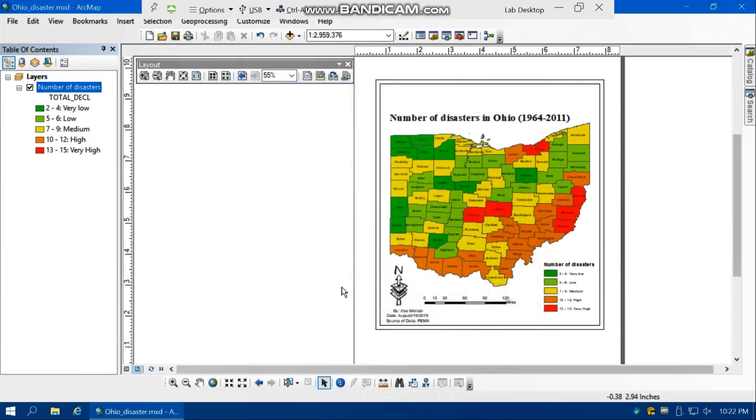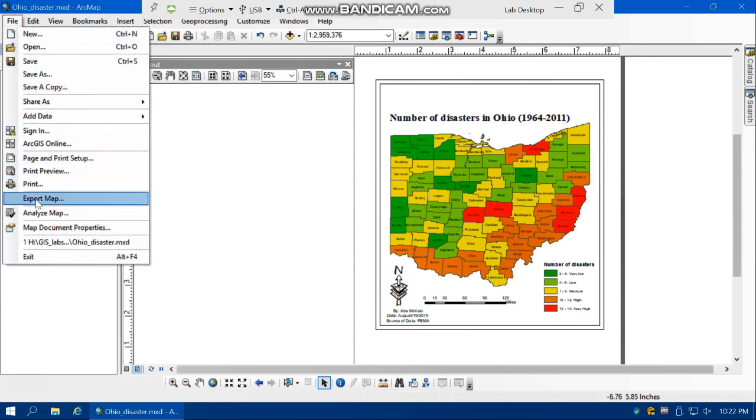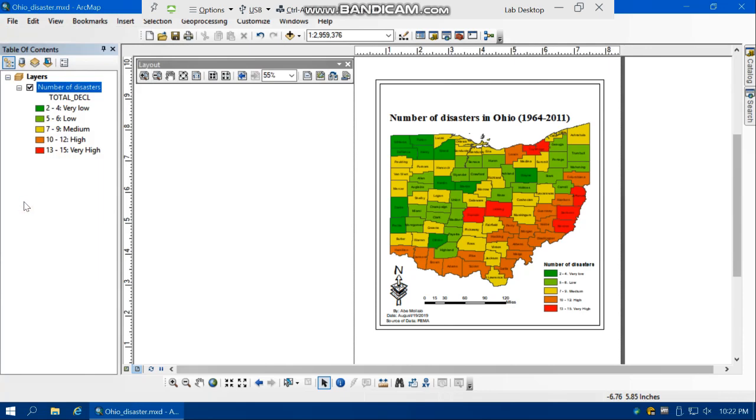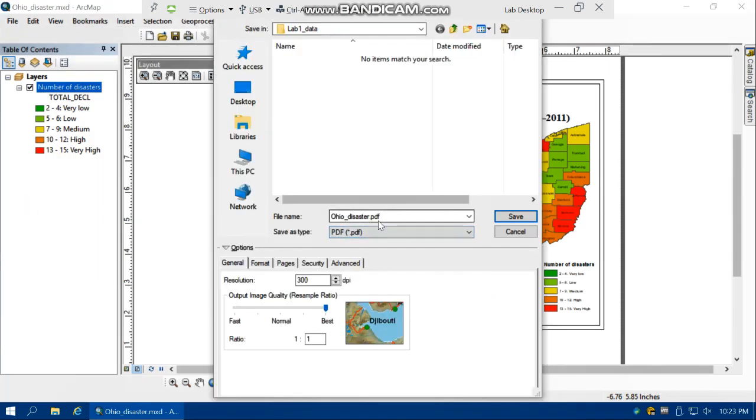Okay. So then the final thing is that you need to export your map as a PDF or JPEG file. For this purpose, I go to the file menu and then export map with the name of Ohio_disaster.pdf. Here you can use a higher quality, for example 600 dpi, dots per inch.